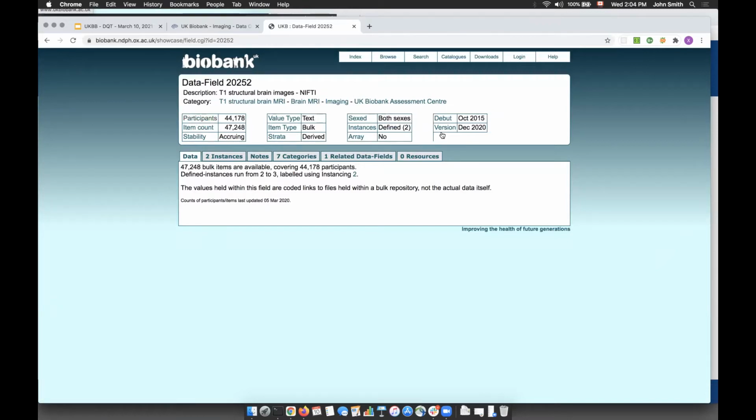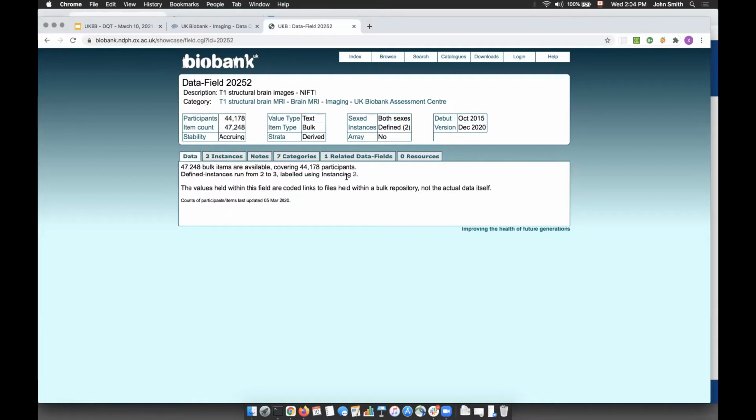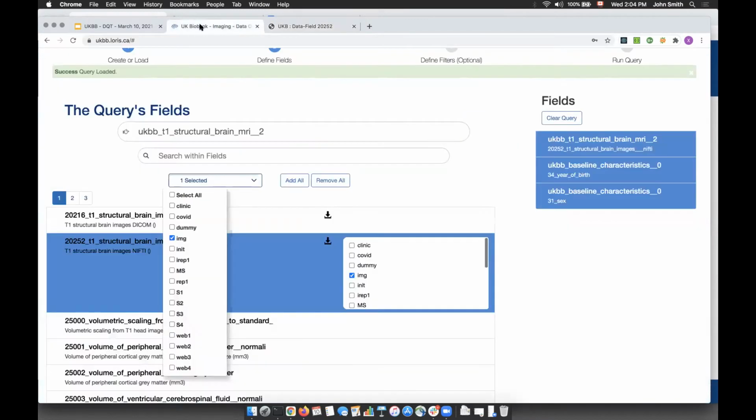There's a lot of information there. It explains that it's labeled using the instancing 2, and they run from instance 2 and 3. Instance 2 is the imaging visit, and the second one is the repeat imaging visit. In the visit list there's the imaging visit and the repeat one. I only select the first one for the export part.